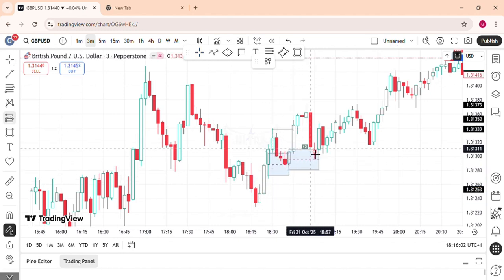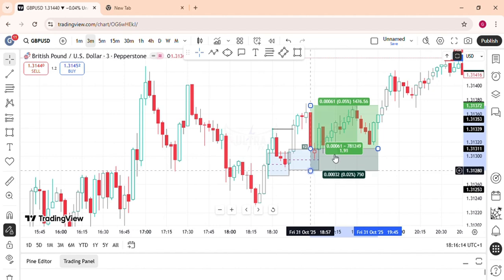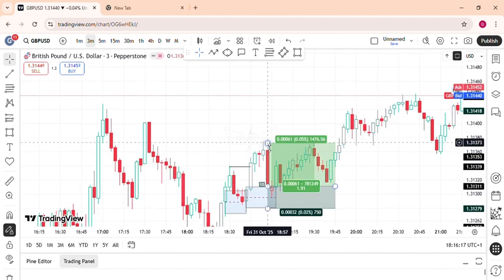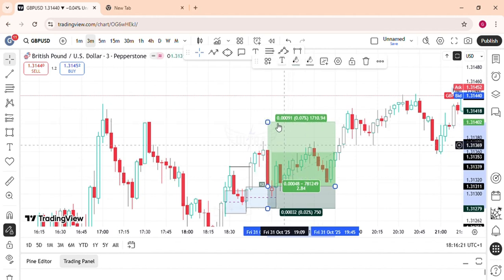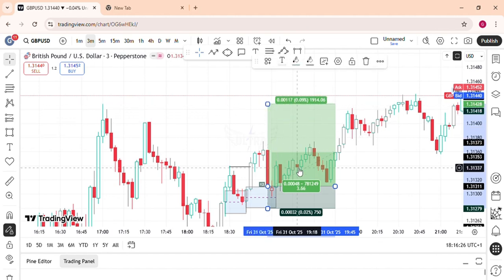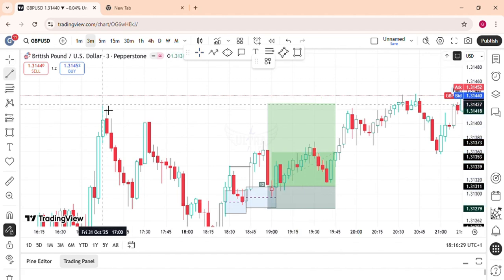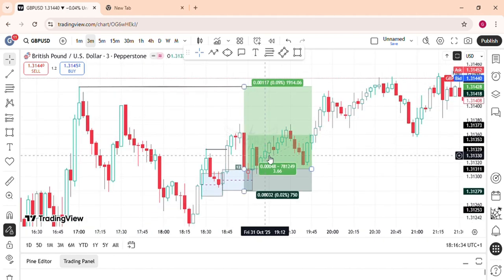Having said that, we have our long position like so, and our take profit would be here at this given high, giving you a 2.84 risk to reward ratio, or this one here, which is giving a 3.66 risk to reward ratio. So we have a 3.66 risk to reward ratio, and that was all for last week.